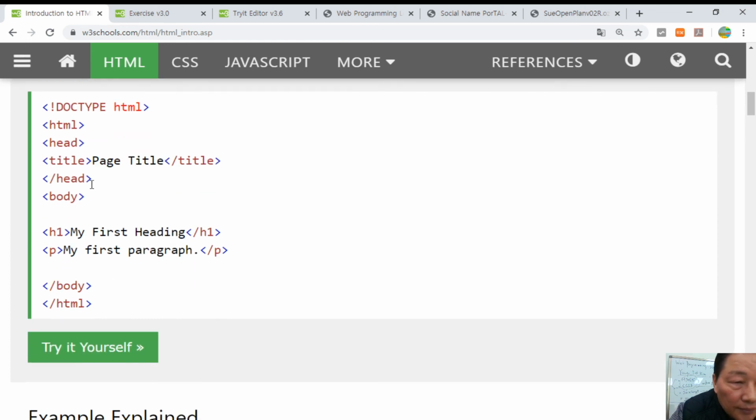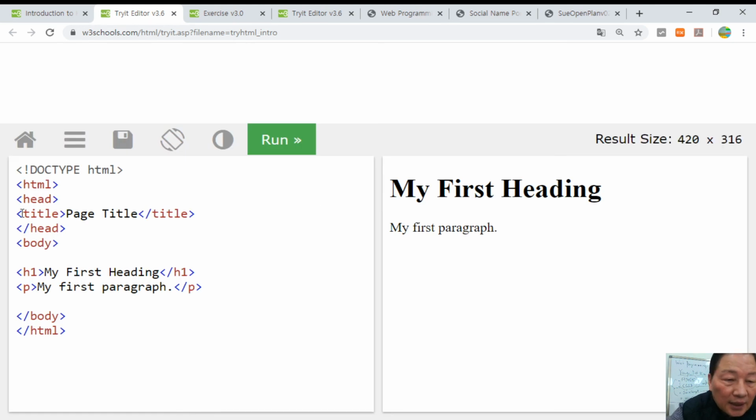And we will learn what elements can be put in this header section, and what kind of elements or tags can be put in this body section. Okay, you can try. Here you can